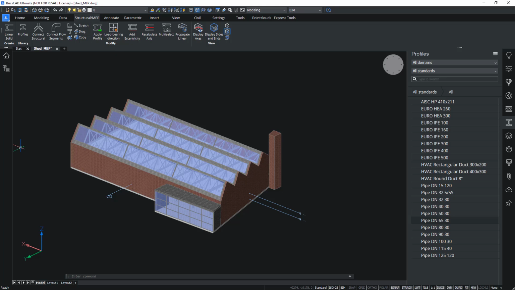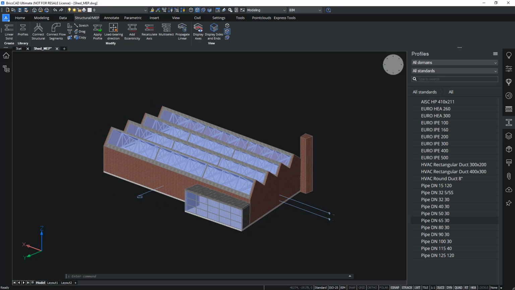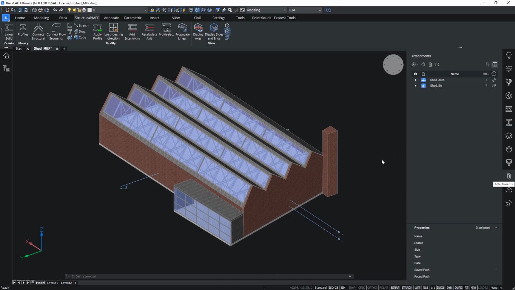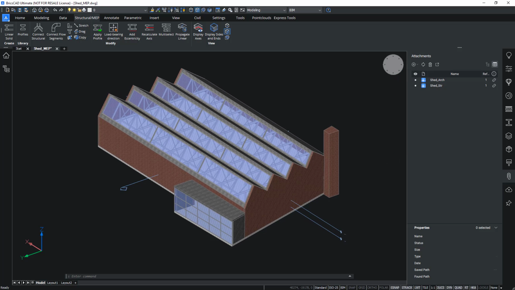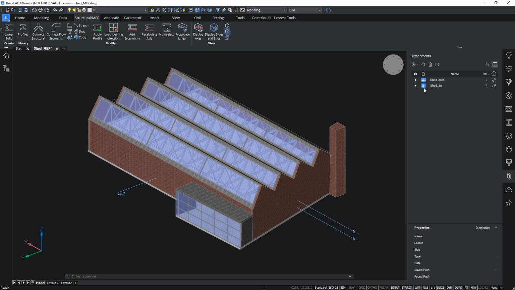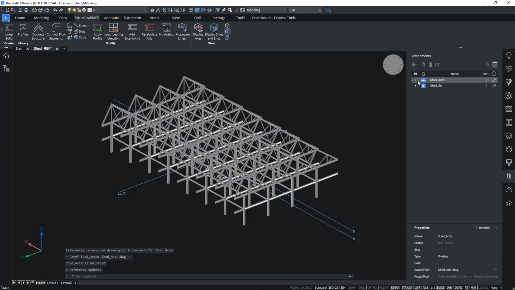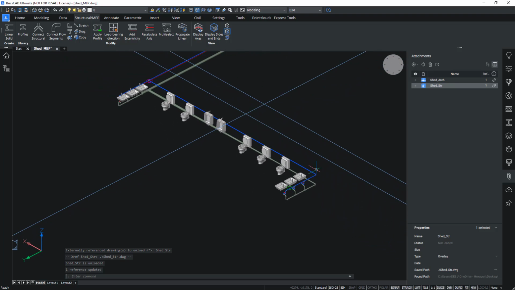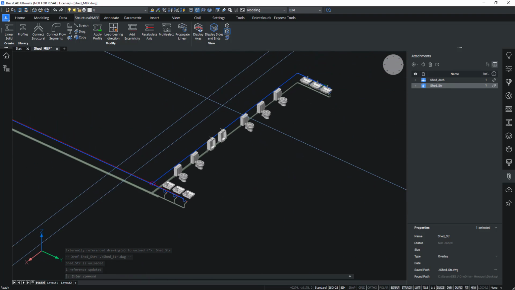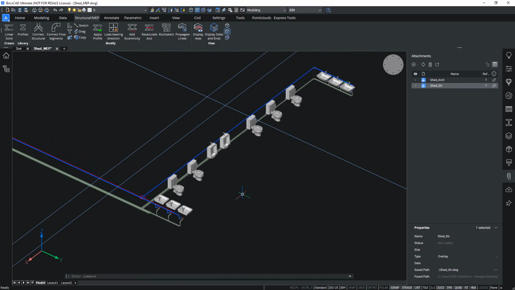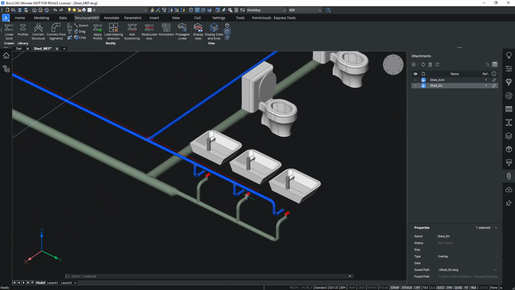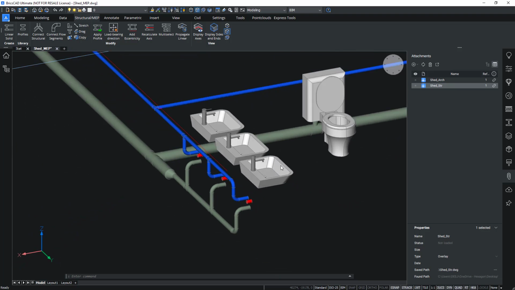Okay, let's take a look at the model here, and I can see I have several drawings attached into this drawing. So architectural and structural. Let me turn off or unload the architectural model and the structural model so I can see more clearly what I'm doing. And I can see I have some terminals here, some toilets and urinals, some sinks, which need to be connected up with the main pipeline.